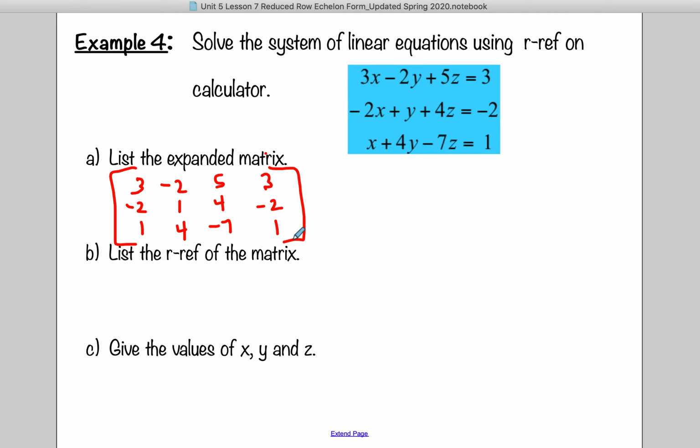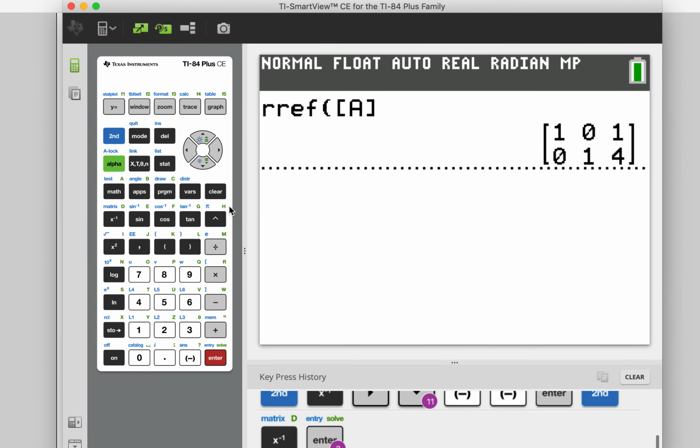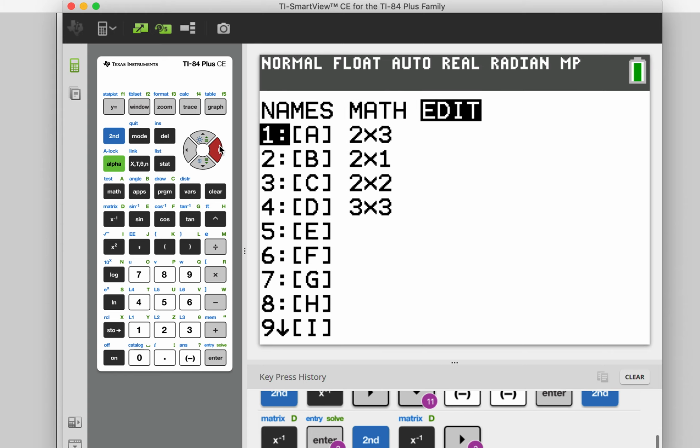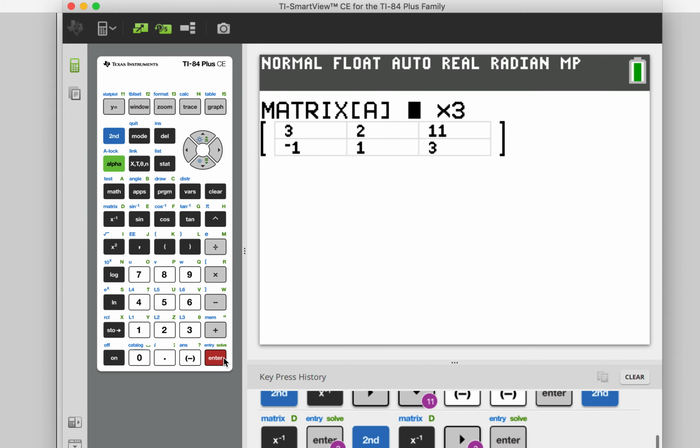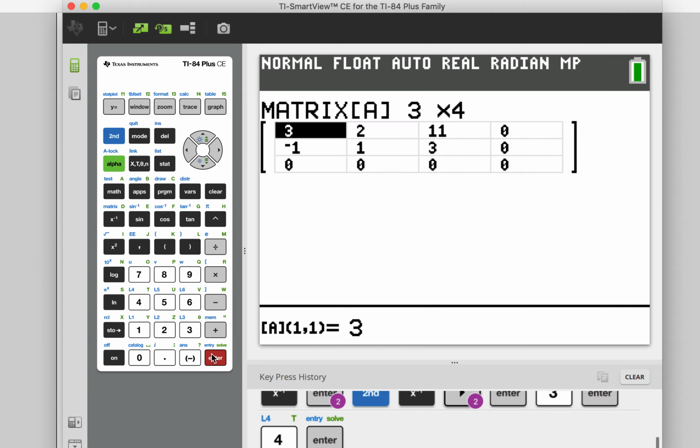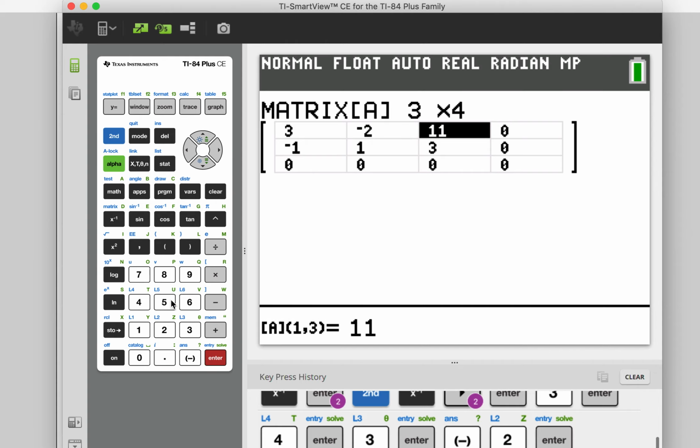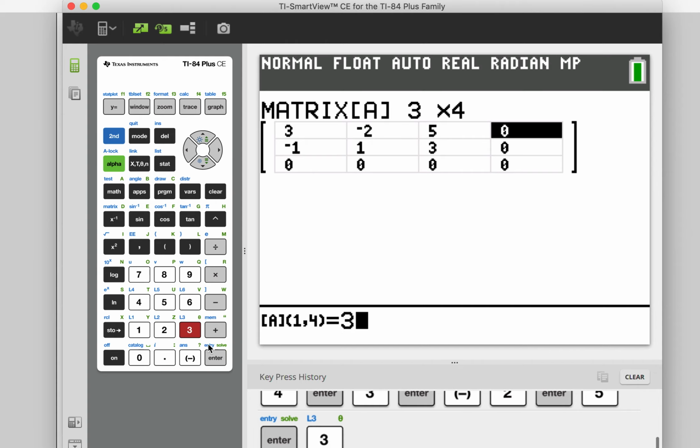Now, to do this on our calculator, list the RREF matrix. We go to our calculator and we go to enter the matrix. So second matrix, gotta edit. I'm gonna put it in spot A again. If you want to put it in B, you can. And the size of our matrix this time is a 3x4. We enter in our expanded matrix from part A. So 3, -2, 5, 3,